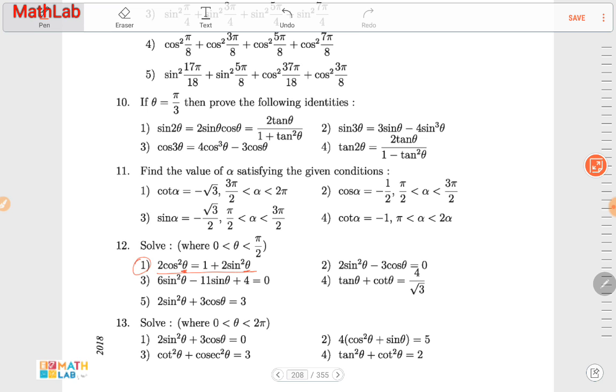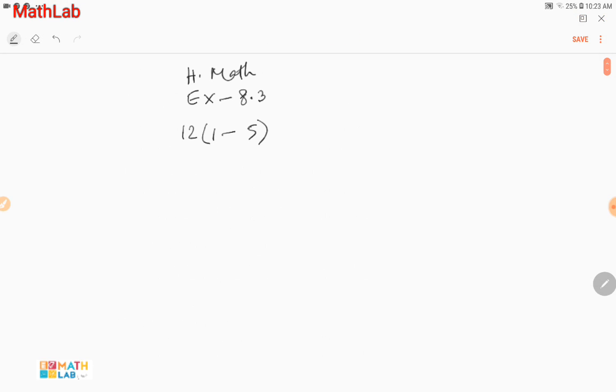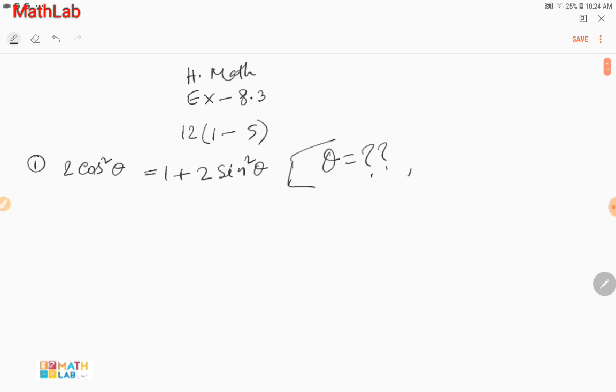Okay, so write the question. Question number 1, 2 cos square theta equals to 1 plus 2 sin square theta. We have to solve this equation. That means we have to find out the value of theta. Okay, so what is the condition for this one? Here is a condition